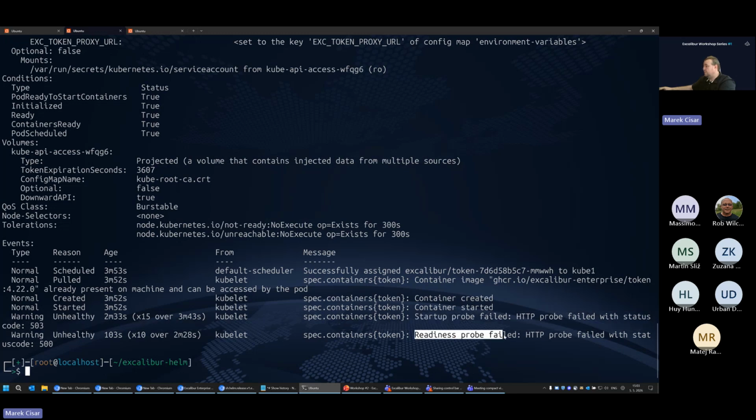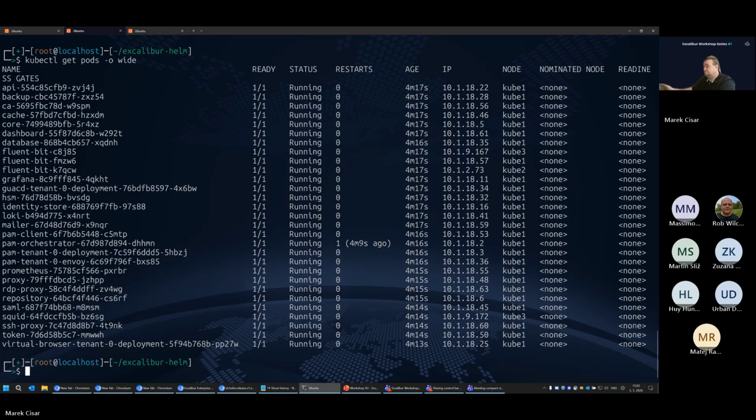So also the readiness probe failed. So still there is something going on. Let's check again. Nice. I did nothing to it and it already started successfully. Okay, so currently I can see everything is running, everything is available.